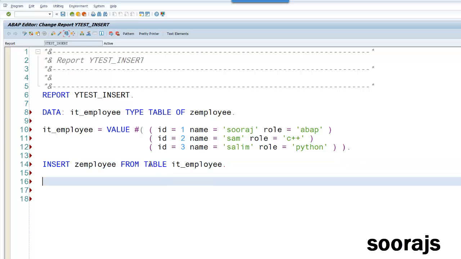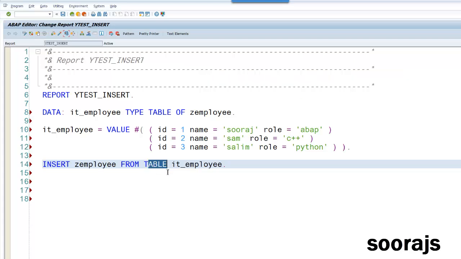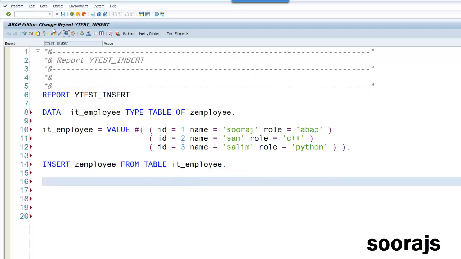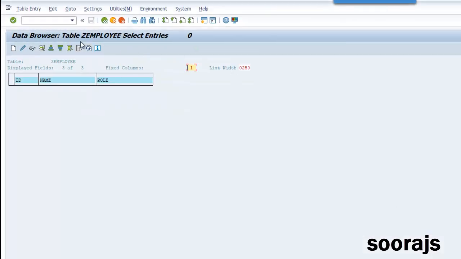In the earlier case we did not provide it because it was a work area, but in this case it's an internal table, so you must provide the additional keyword table and then the internal table name. Let's check the syntax, activate, execute. It got executed. Let me refresh this. You can see all these 3 entries got inserted.